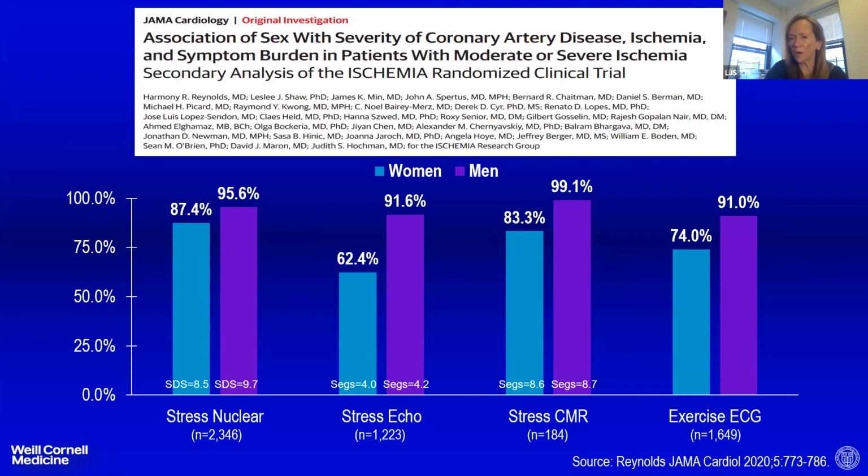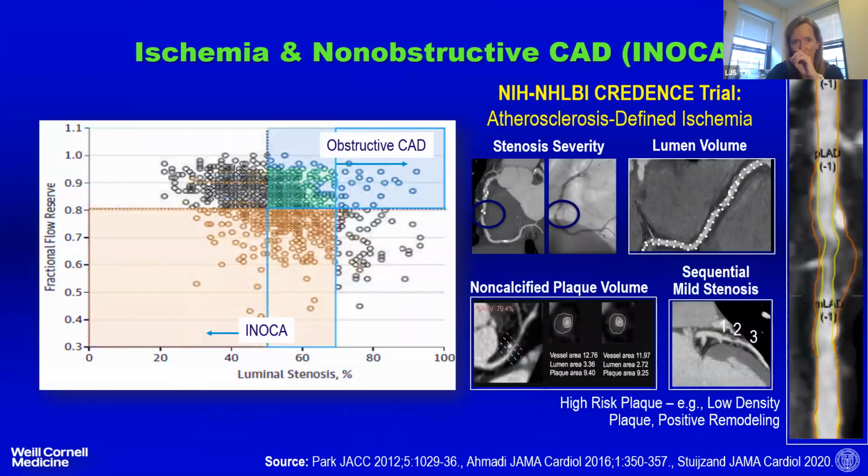I think the lower accuracy in women with exercise ECG is consistent with what we would expect, despite having that higher threshold of a 70% stenosis. So I think one of the benefits of using CT is really identifying those folks with non-obstructive disease. And of course, we recently published, within the last couple of months, the CREDENCE trial, where we looked at using plaque characteristics to identify ischemia on invasive FFR, these kind of INOCA folks. Although in this slide, it is both obstructive and non-obstructive